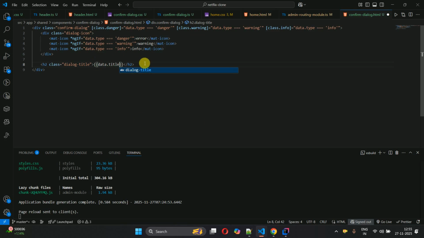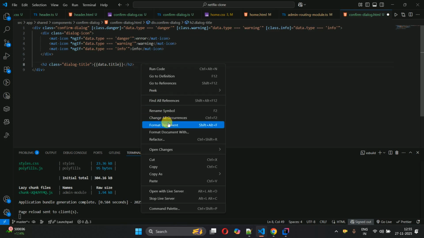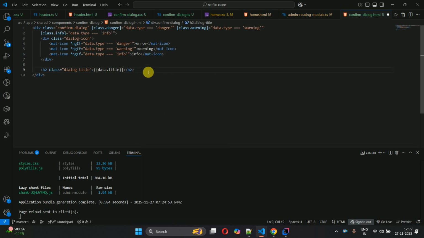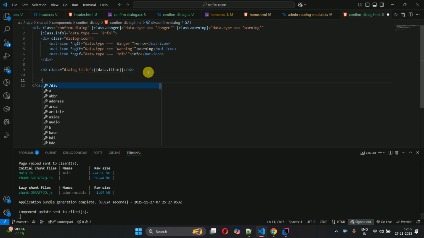And after that, let's format this one first. Okay, and then we have to pass p, and in this one the class will be dialog message,